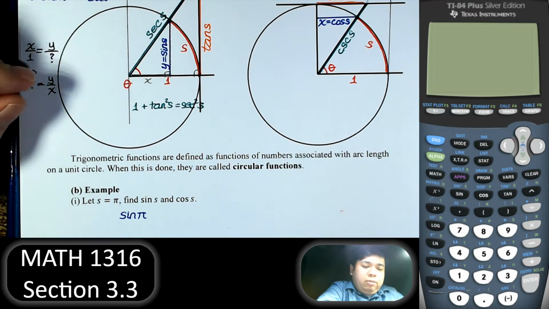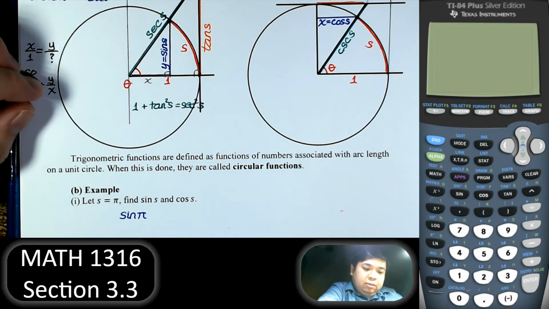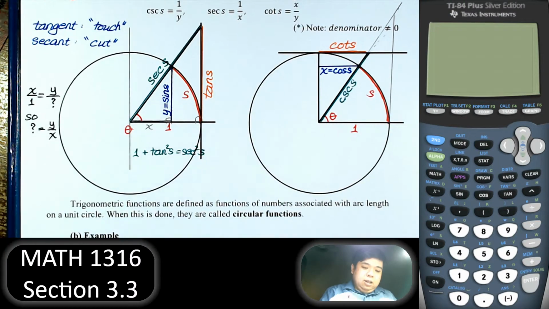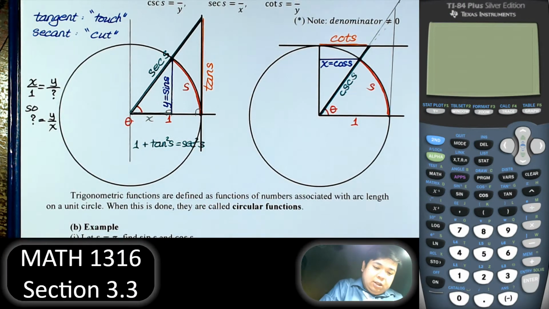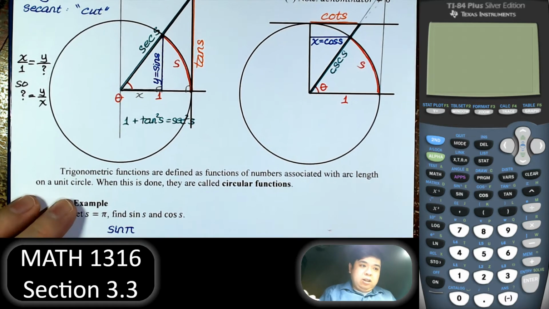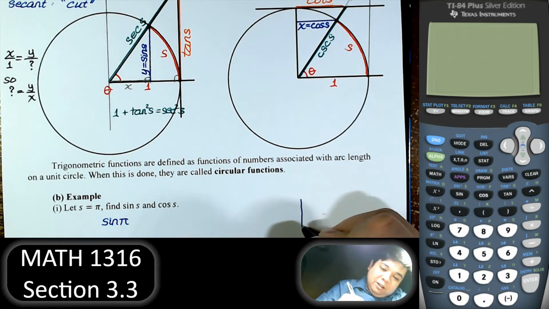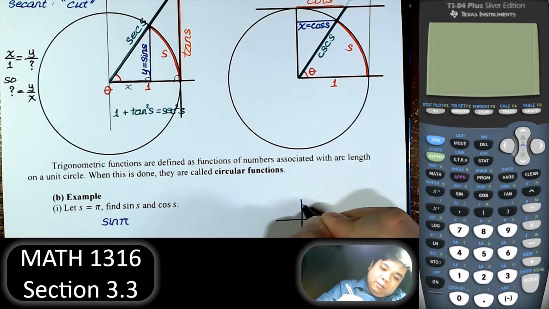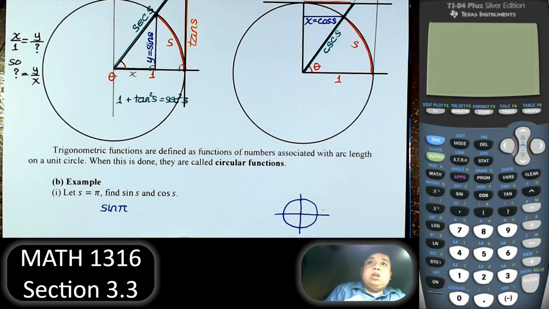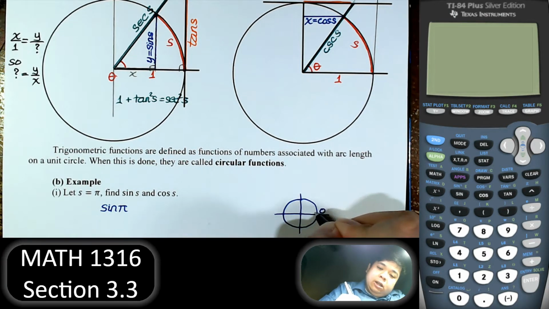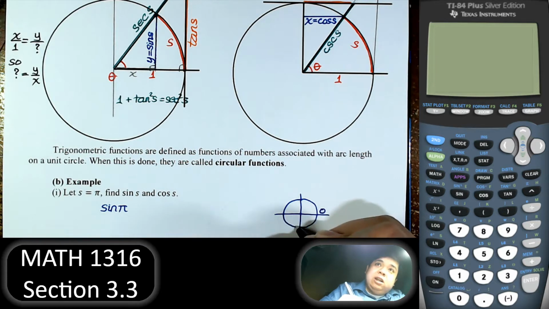Of course, if we look at the circle, where is pi? So I will need to draw a little circle here. So the circle, we know one complete revolution is 2 pi, right? So pi is